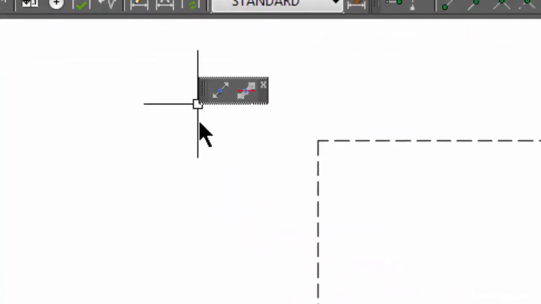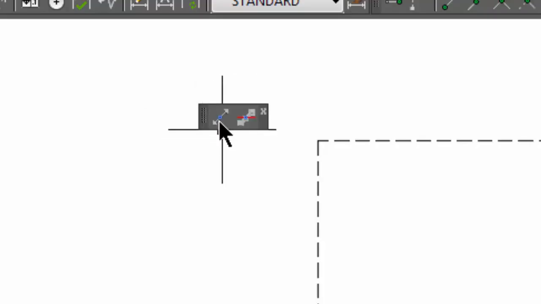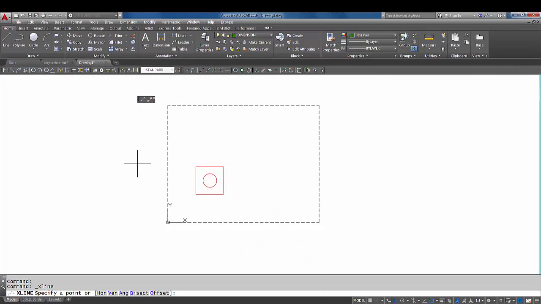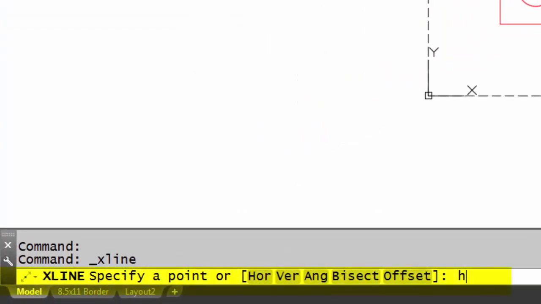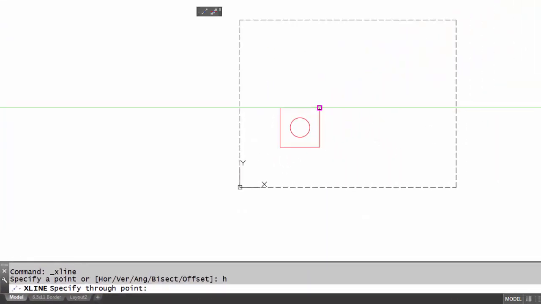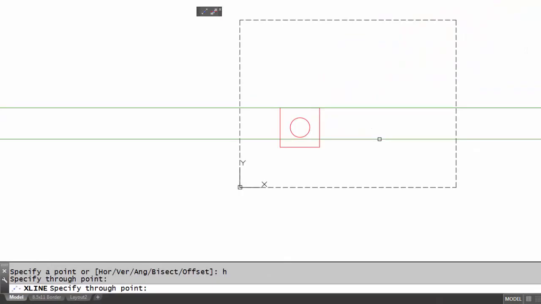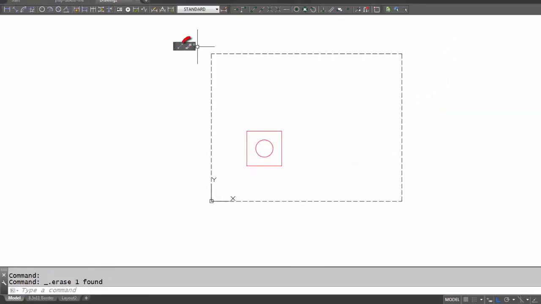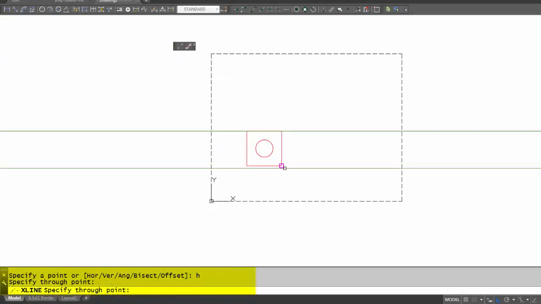Okay, so here we have a toolbar that I created that has the regular construction line command. Notice if I hit the regular command and I want a horizontal construction line, I have to type H, enter, and then I'm able to get a horizontal construction line. But with my macro, I'm going to delete that. Notice this macro here will automatically put the horizontal option into the command. All I'm going to do is pick this macro that I've created and instantly I have a horizontal